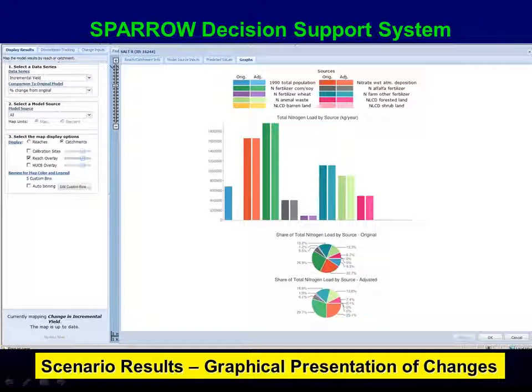When you're done with that, you can also look at it in more graphical terms. Here, this is sort of before, after, and so forth. We just dropped the point sources out, so you can see the load. The inputs from point sources went from, I don't know, 600,000 down to 0, and you can see how that would change the distribution of your inputs. You can also look at changing the distribution of your outputs from here. And I didn't show it, but I have a table. If you went into there, you could also look at how much of that could be a load reduction. If you're doing something like a TMDL, you can get into there and find out, did you achieve what you're hoping to achieve?